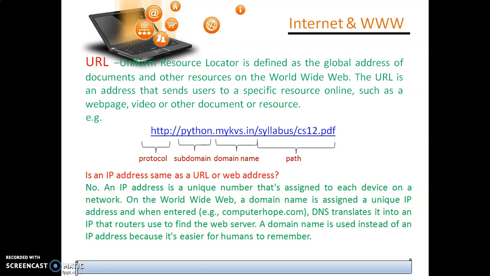Now a question arises: is an IP address the same as a URL or web address? No, an IP address is a unique number. Let us see what an IP address is. It is a unique number provided to you by the ISP on your network for each device. On the World Wide Web, a domain name is assigned an IP, and when entered,